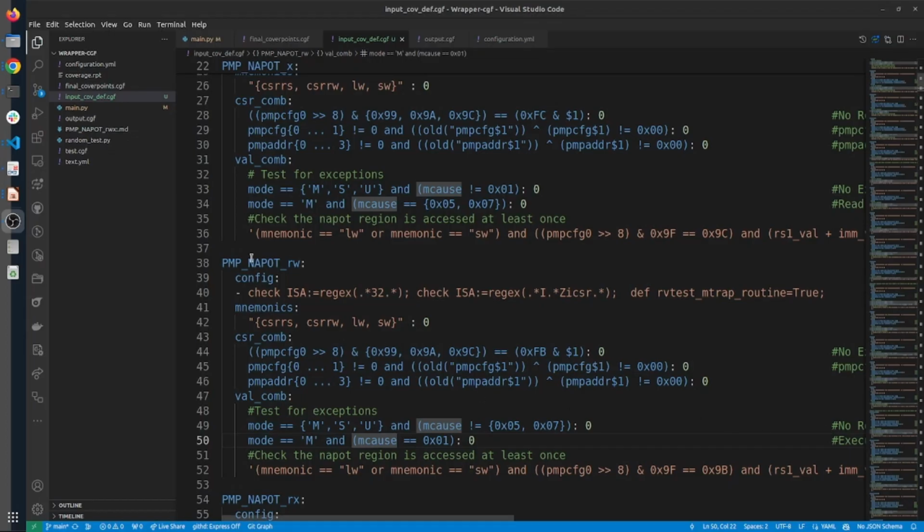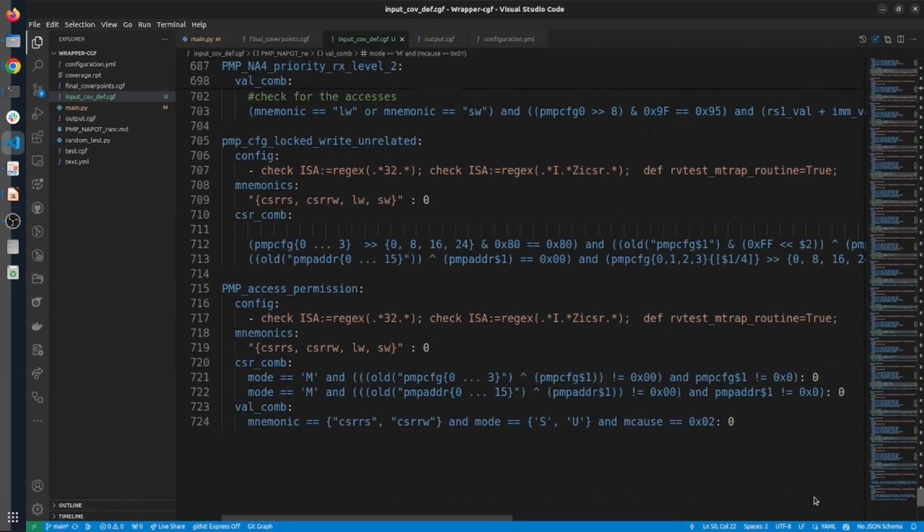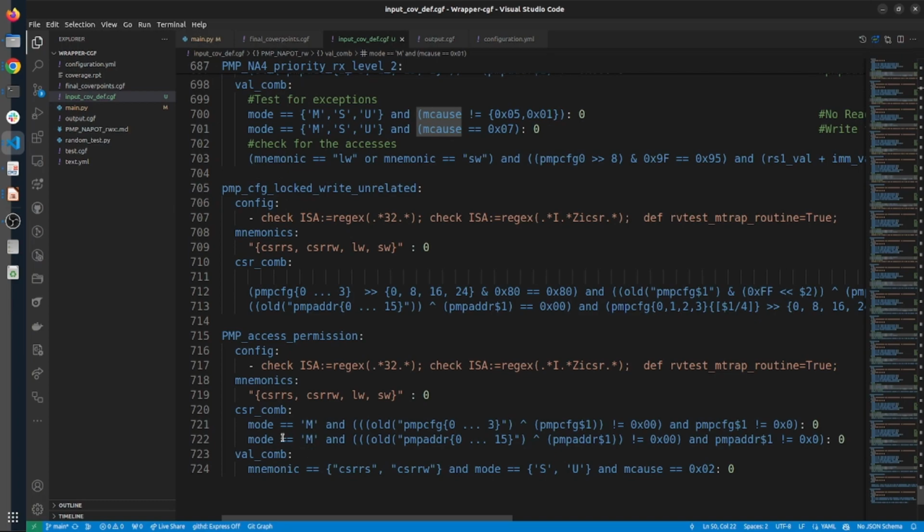To give you an idea of how well the translator works, and also the other features that we have added in the RISC-V ISAC, I am showing you the cover points for the physical memory protection that we have written for the coverage analysis for these tests. As you can see, we have written around 724 lines, with almost 3 to 4 lines for a single cover point.